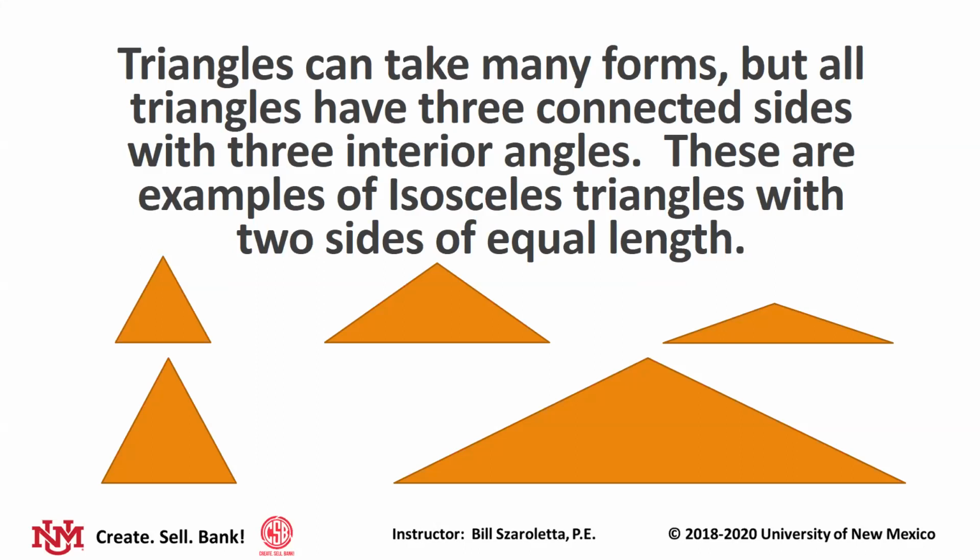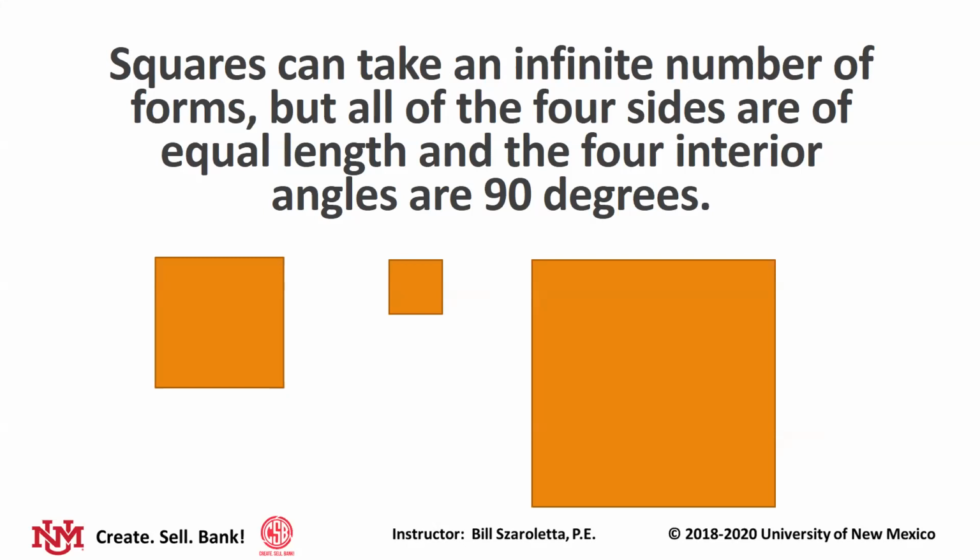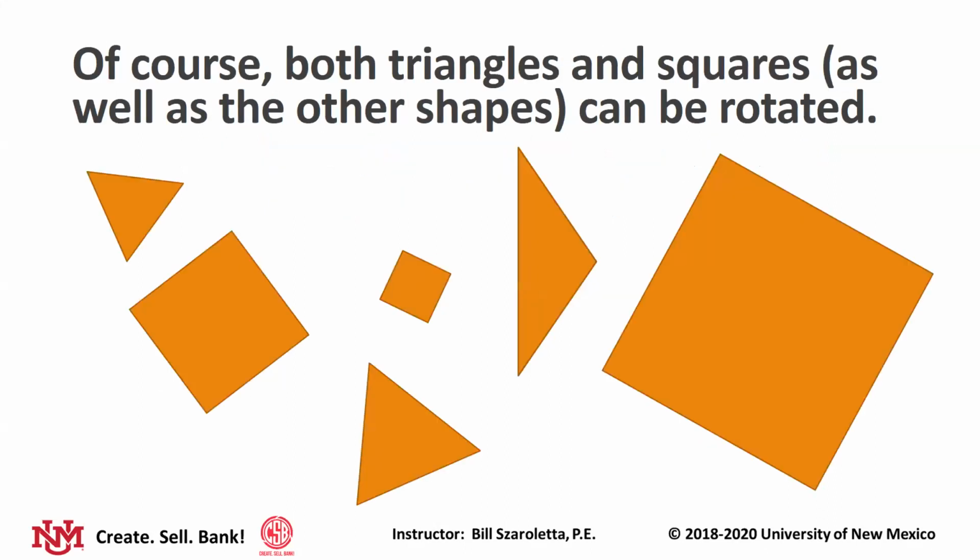And squares, like triangles, can take on an infinite number of forms, and really that's size. All four sides are of equal length, and all four interior angles are 90 degrees, because you can envision that you could have all four sides equal, but it could be skewed into a trapezoid or some other shape. And of course, triangles and squares, as well as the other shapes, can be rotated. So you can practice drawing them in these rotated